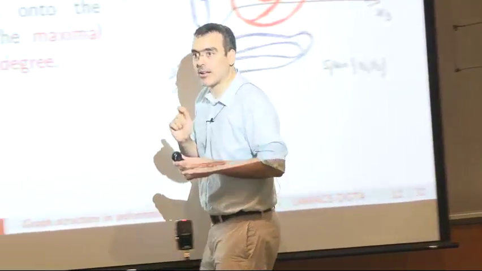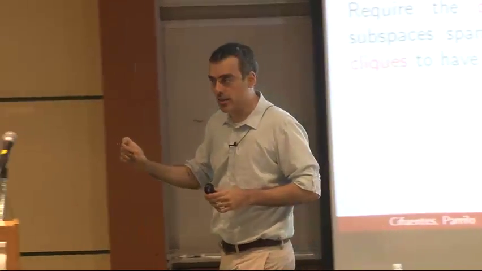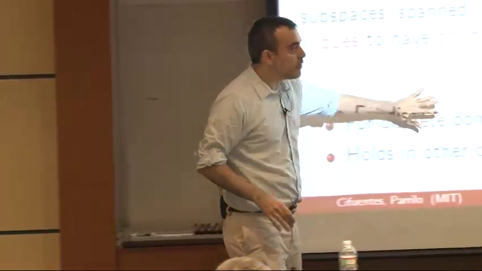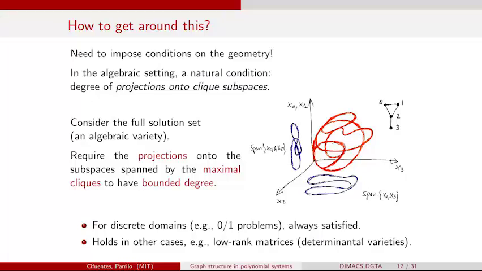And now we can see exactly why, for instance, in the discrete case, which is the setup of all the theorems that we had before, this condition is automatically satisfied. Many of these papers that I was talking about before looked at the 0-1 case. They looked at combinatorial optimization problems where my variables are constrained to be 0-1. What that means is that this variety, my red variety, is really going to be a subset of the vertices of the hypercube. So I have the hypercube in dimension million, and perhaps a very, very large set of vertices in there.